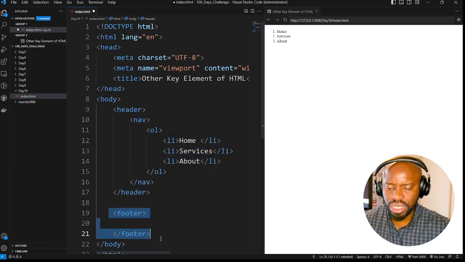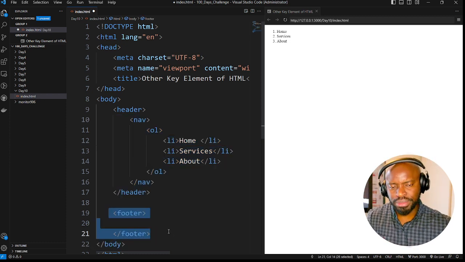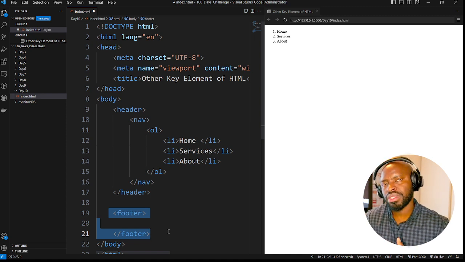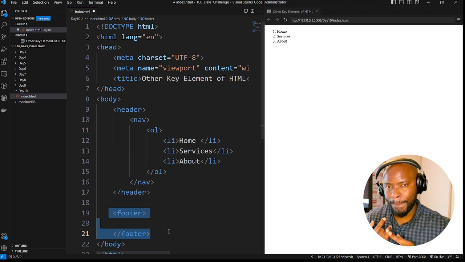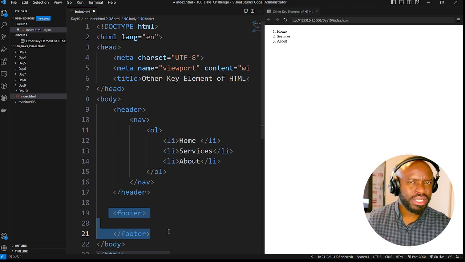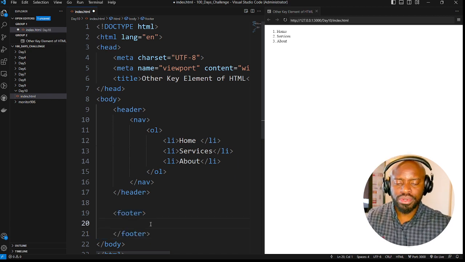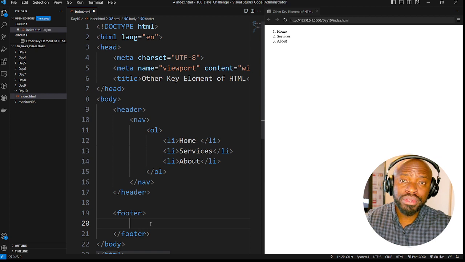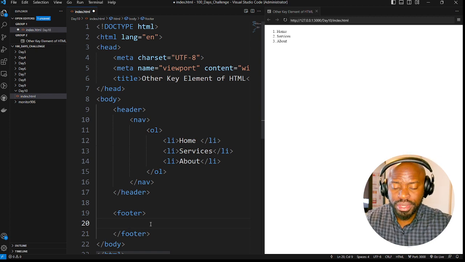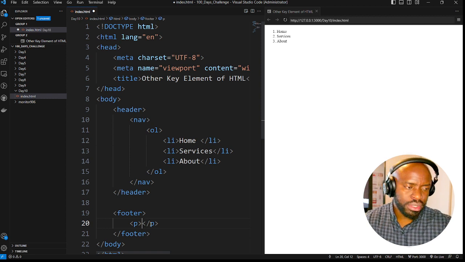On the footer, footer is a section of the website that's the last part of the page which keeps the information about the website, the other links that are necessary, but also the copyright and the like. You'll be needing this particular tag in all your coding. So you might have